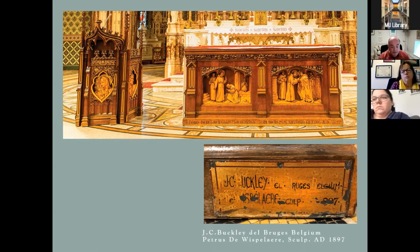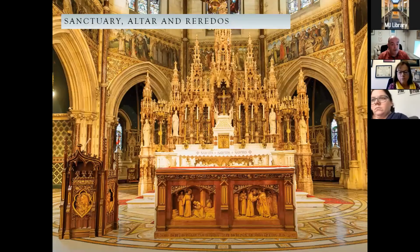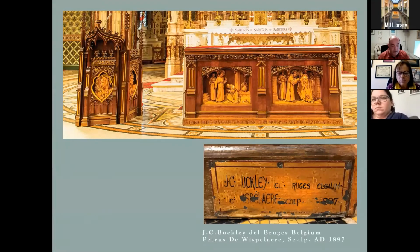And the carving is actually by Petrus de Whippleslaer, a sculptor from Bruges, and his work is quite extensive. A whole family of sculptors were there in Belgium, as I said, in 1897. So it was, I feel, reordered, reduced, reused, and recycled when they needed an altar after the Second Vatican Council. This is behind. You see the reredos there, and behind the cross you'll see that little detail there,